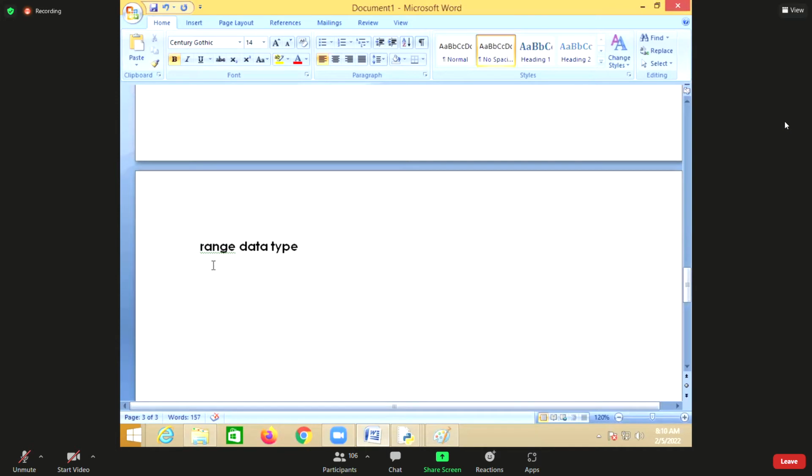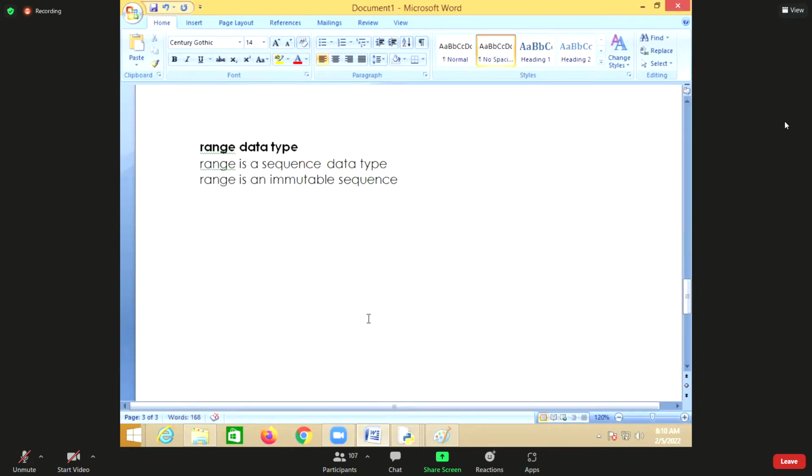Range is a sequence data type. Range is an immutable sequence. Immutable means you cannot make any changes after creation, right?